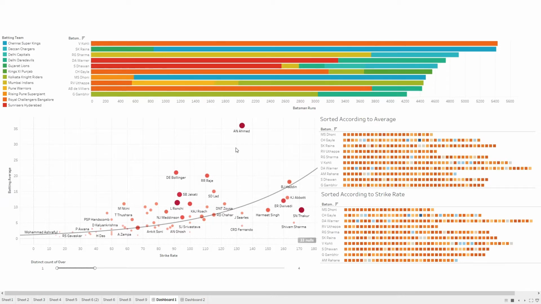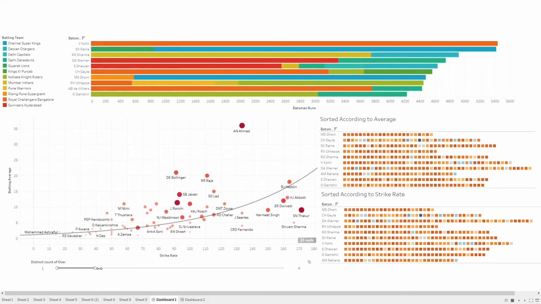And the batting average is close to 15, 20. With AM Ahmed being an exception, but he's probably played only one game, and he has a strike rate of 133. Then Luke Ronchi has a proper strike rate, but at the same time he has scored 34 runs and a batting average of 11.33. Oh yeah, Brad Hayden has a good strike rate, but a batting average of 80. There is also Bollinger, Adam Zampa.